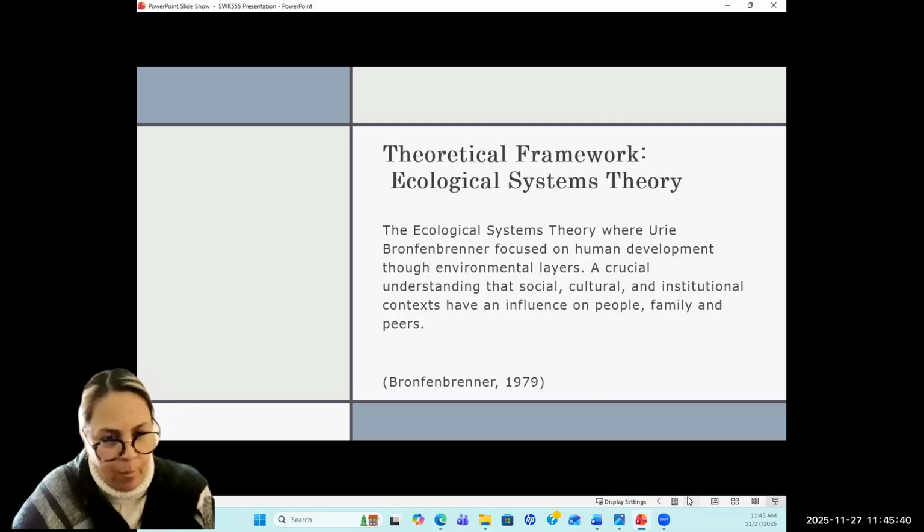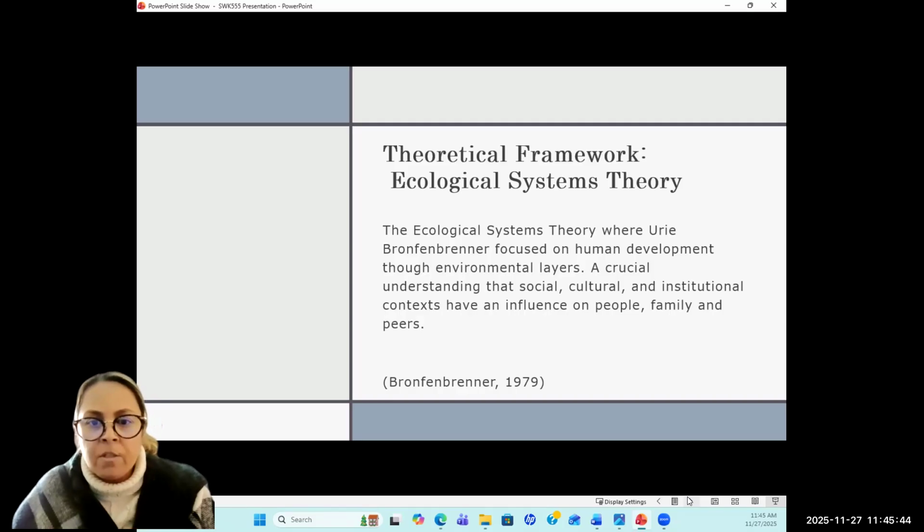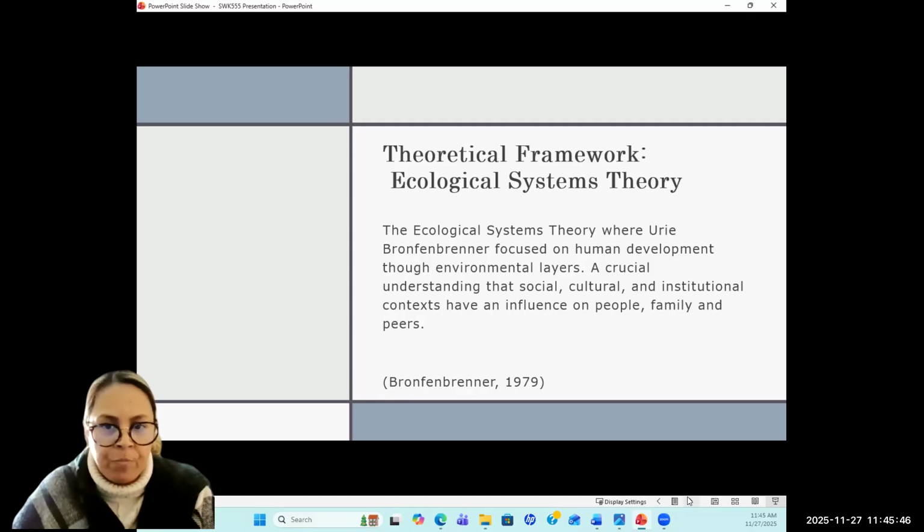His whole way of thinking, that human development through environmental layers plays a role in everything, and it's a crucial understanding that social, cultural, and institutional contexts have an influence on people, family, and peers. His theory claimed that the impacts of social, cultural, and institutional contexts are influenced by those that surround us.